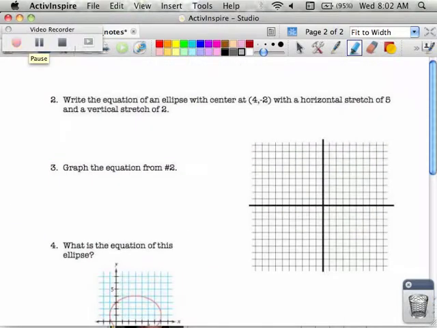Okay, so number 2, the second example says, let's write an equation now. They give us some information, let's write an equation. So if I'm writing this equation, what I know is I need to have a